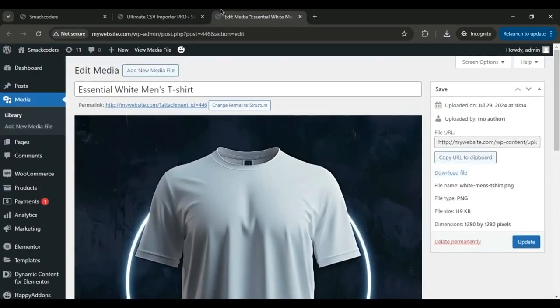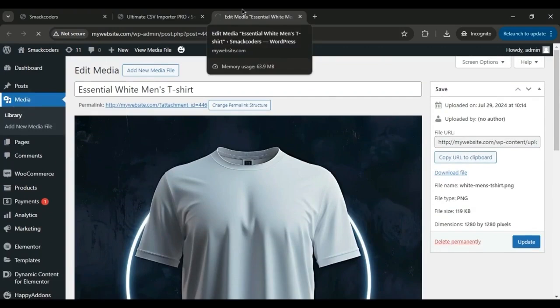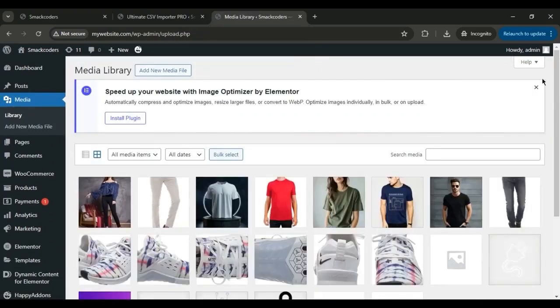And that's it. Importing bulk images from your local device to your WordPress media library is easy with WP Ultimate